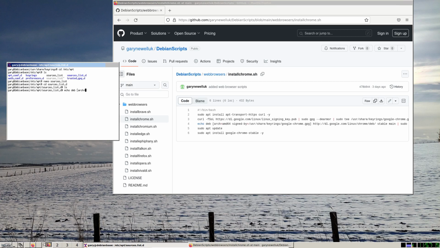The point of the arch equals AMD64 is because we want the 64-bit version, and we're going to say signed by, we're going to use the keyring created in the previous command. We're going to go to download.google.com, Linux, Chrome, Deb. We want stable and main, and now we're going to pipe that out to sudo t